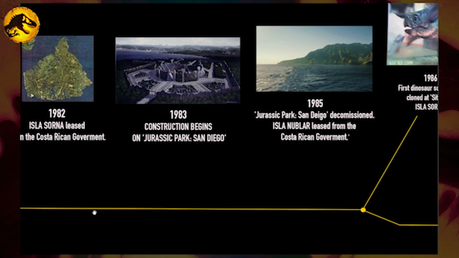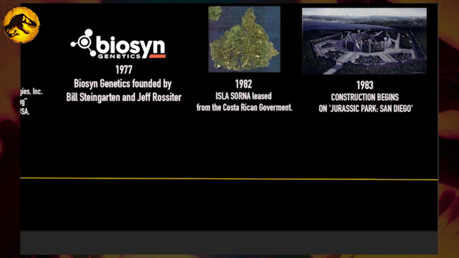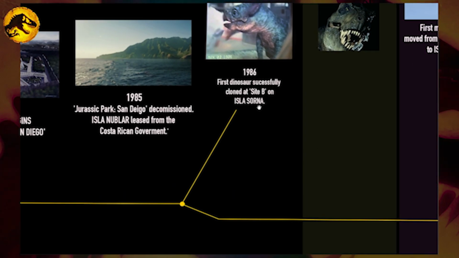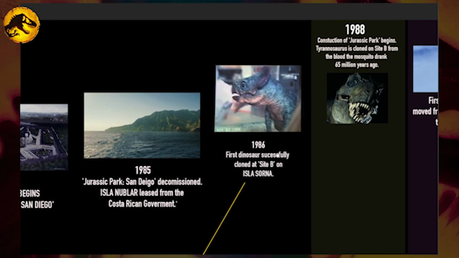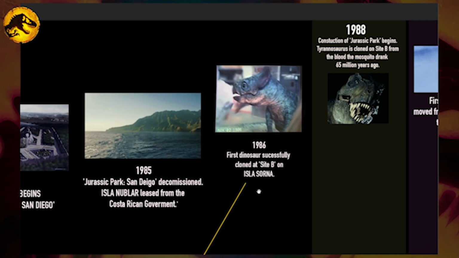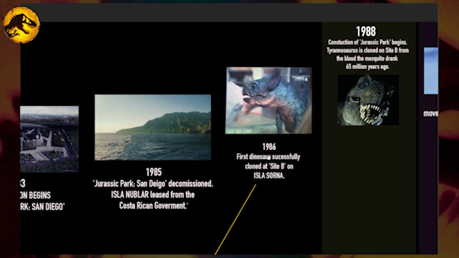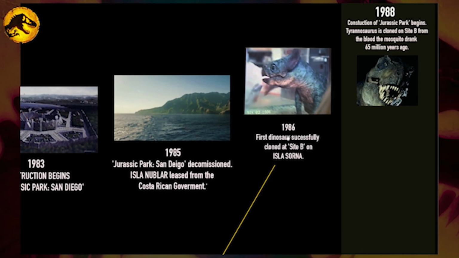Okay, so you can see Charlotte Lockwood's timeline here carrying on. Sort of has a detour here to 1986. The first dinosaur was successfully cloned at Site B on Isla Sorna. This information was revealed on the Maserati Global backdoor terminal. Actually, a lot of the timeline was revealed there because, and I don't know if younger fans know this, but before